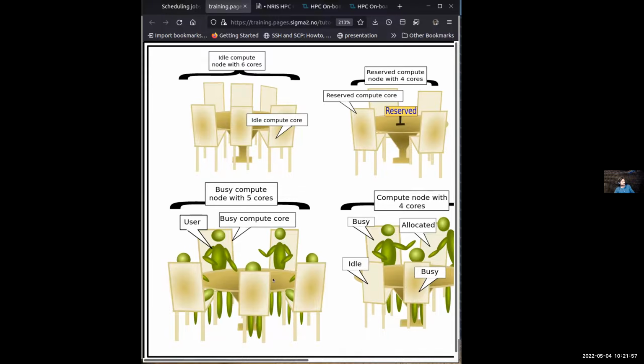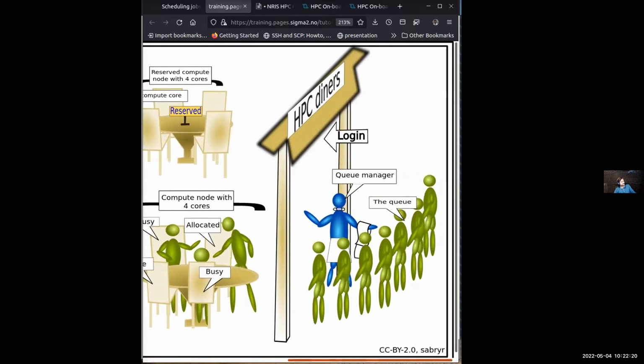Our colleagues, please paste a link on HackMD that explains the core count of our clusters, so people can read about it. And there could be idle nodes. So this is an idle node with 6 cores that is not being used. The scheduler, with that information in mind, can send 6 people in and they could start running their jobs.